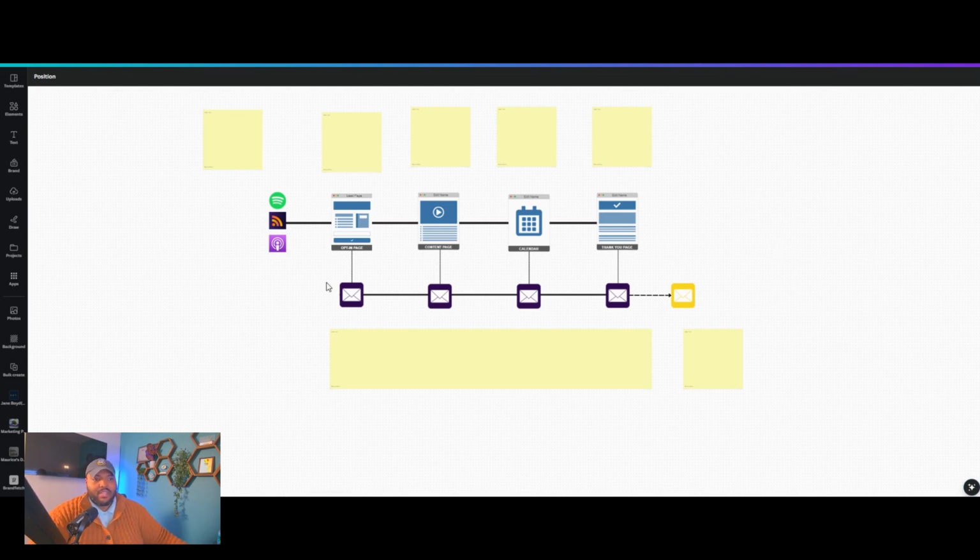These 4 emails are probably going to be exactly about the thing they just downloaded. Hey, thanks for grabbing my X thing. Here's what this is. Here's the next step. And we're just going to go down that for about 3 to 4 days. And then we're going to transition into something a little more casual that's just in general about what it is you do as a business, as an organization. Okay. So this is how you turn listeners into leads, and ultimately how we turn leads into customers.